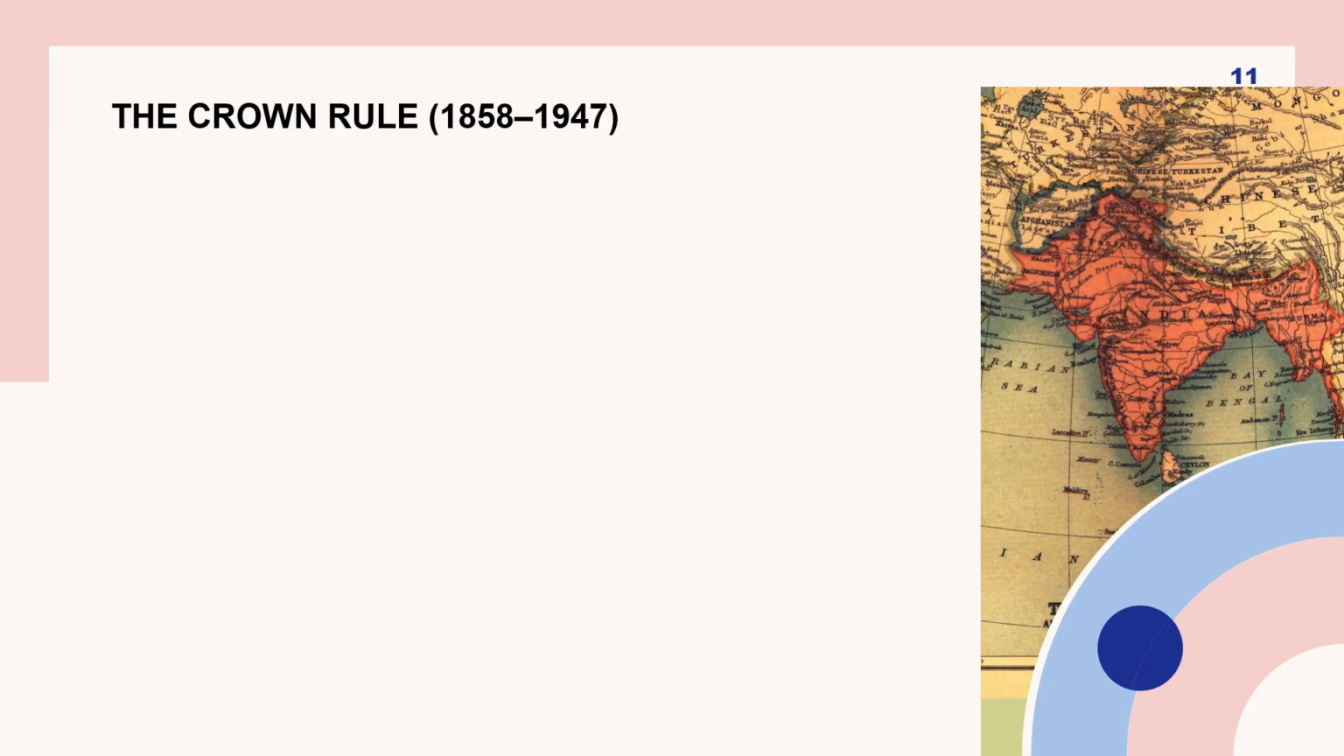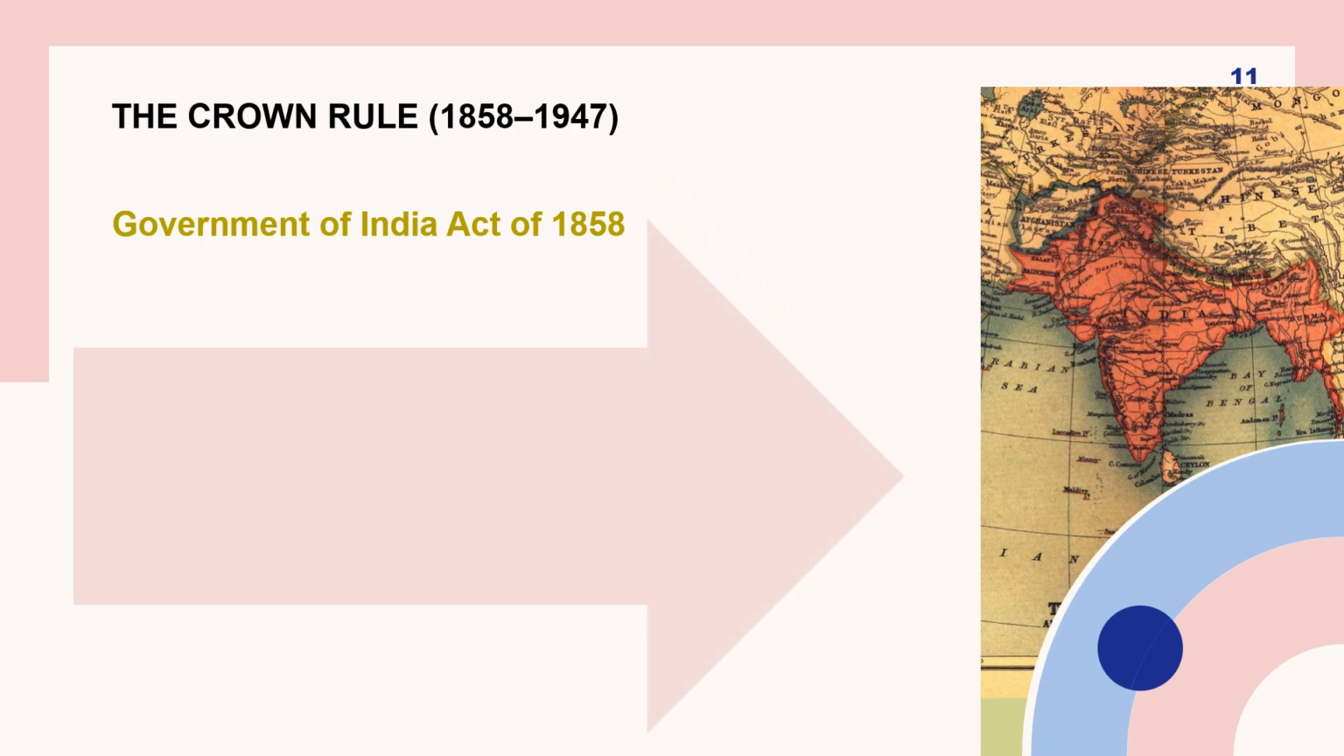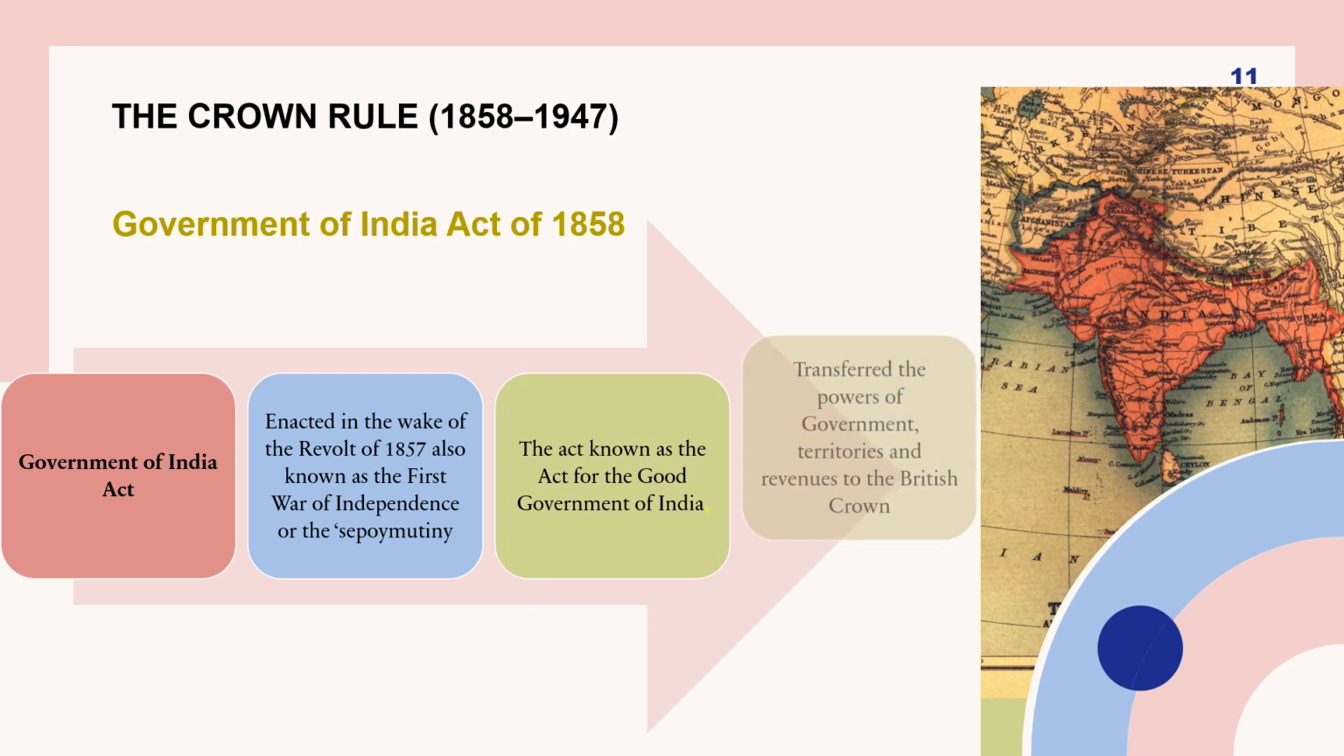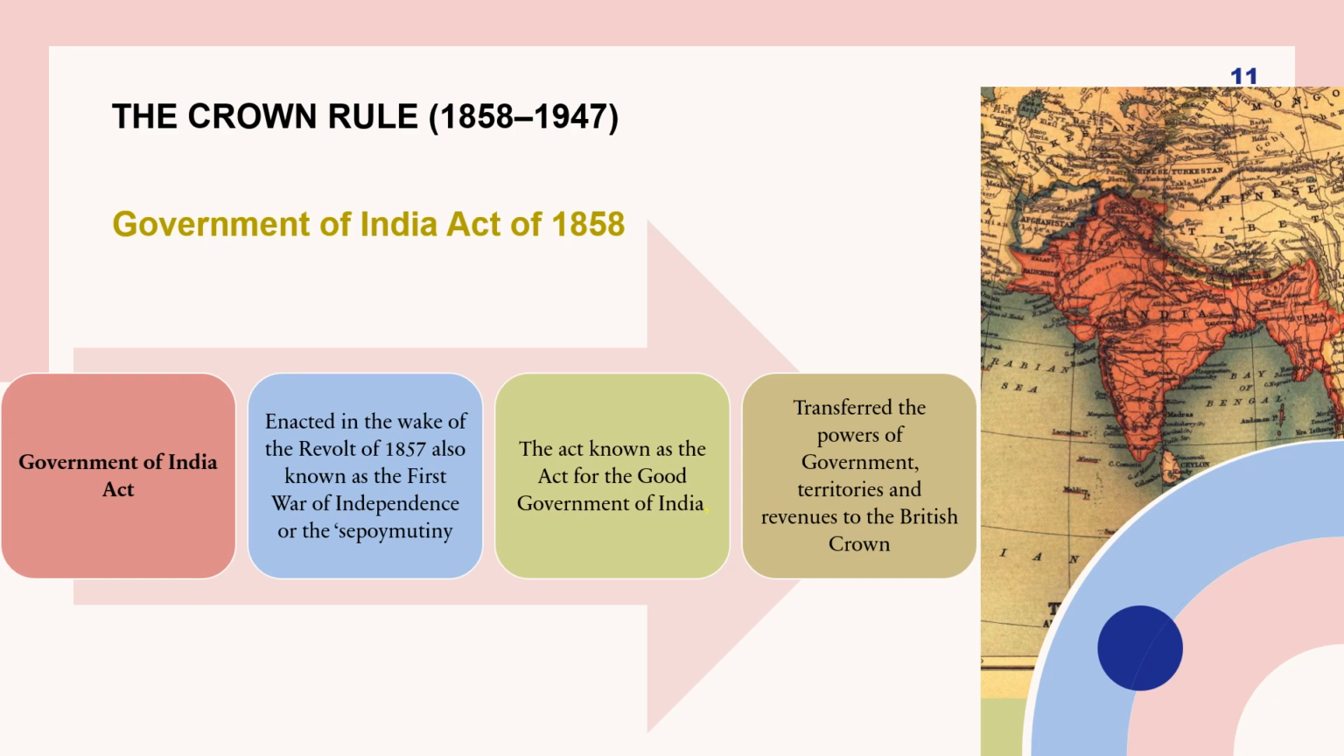Next one is the Crown Rule. It started from 1858, that is after the Sepoy Mutiny in 1857. It continued until independence. In this Crown Rule, the first one is the Government of India Act of 1858. This was enacted in the wake of the revolt of 1857. It's also known as the First War of Independence. This act, known as the Act for the Good Government of India, abolished the East India Company and